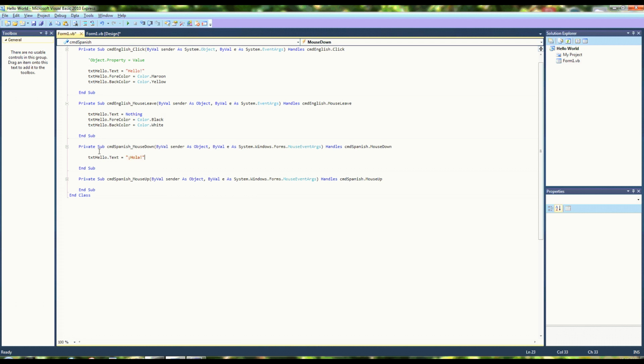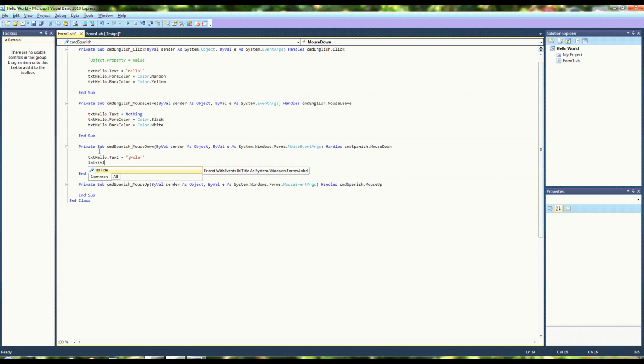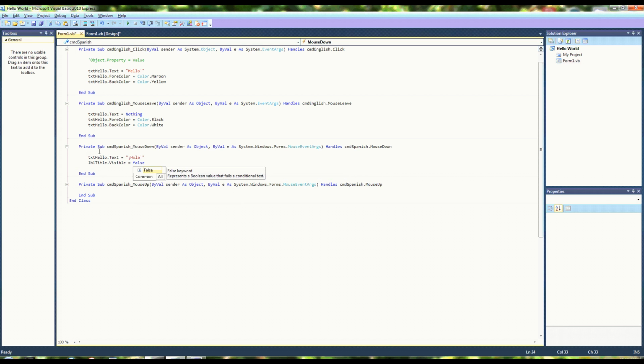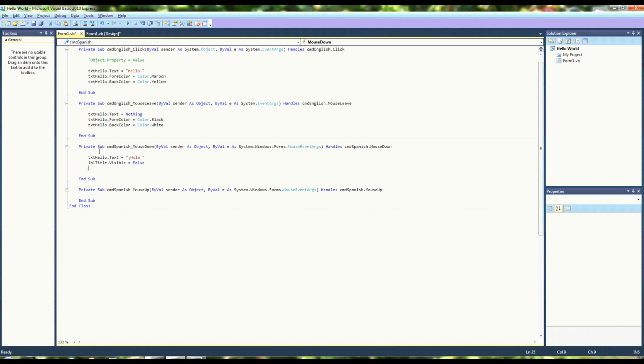"¡Hola!" Oh, for those of you wondering, if you want to make an upside down exclamation mark, all you do is hold down the Alt key and type 0161 on the keypad, let go of Alt, and it turns it into an upside down exclamation point. But moving right along, because we seem to be running out of time, let's make the title disappear by utilizing the visible property. So lblTitle.Visible equals False,